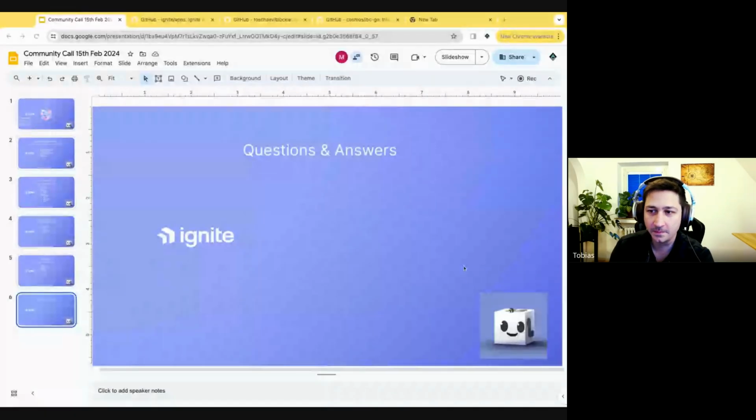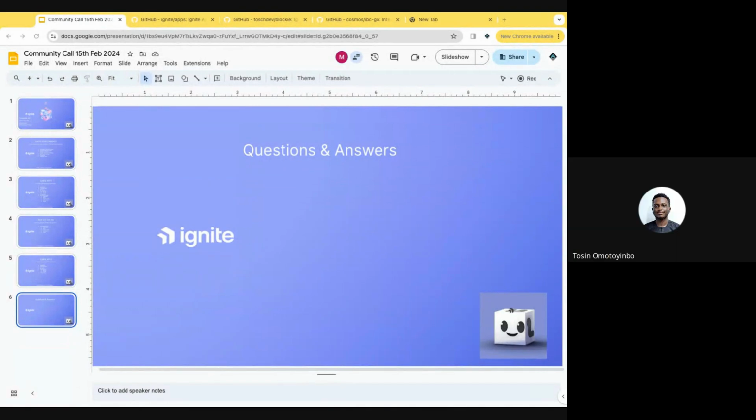Tosin, you've raised a hand. Yeah, hi. So I've contributed a bit to the CLI, but I have not really explored the apps a lot, and I've seen some things about the marketplace. So I wanted to understand what that is a bit more. Is it like an app that could be potentially added, or is it like a marketplace for all the apps themselves?